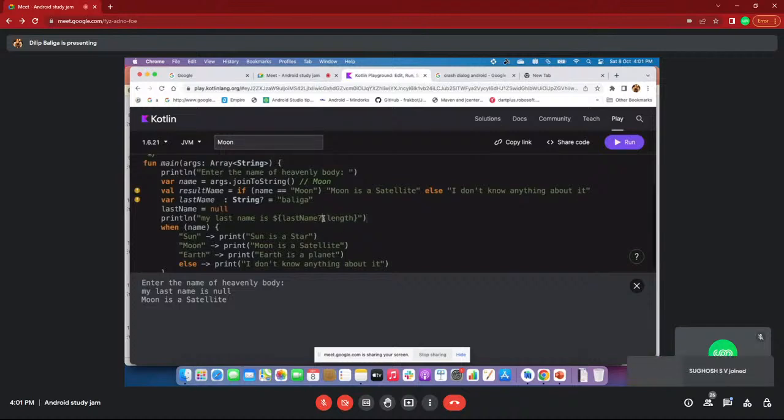Now what will happen if I do not specify this question mark? You know, we are supposed to tell whether it is nullable or non-nullable. I'm telling that this is nullable. That is the reason the compiler does not execute the next method, whatever it is, length, after the dot. If lastName is nullable and contains null, then the compiler won't execute the length method. That is the use of this question mark dot operator. In other platforms, we don't have this question mark dot, we directly have the dot operator.